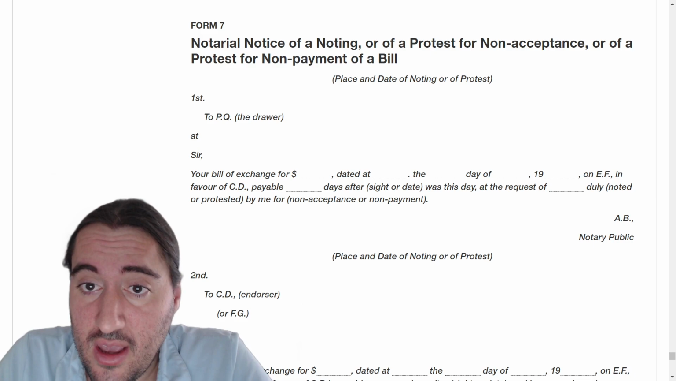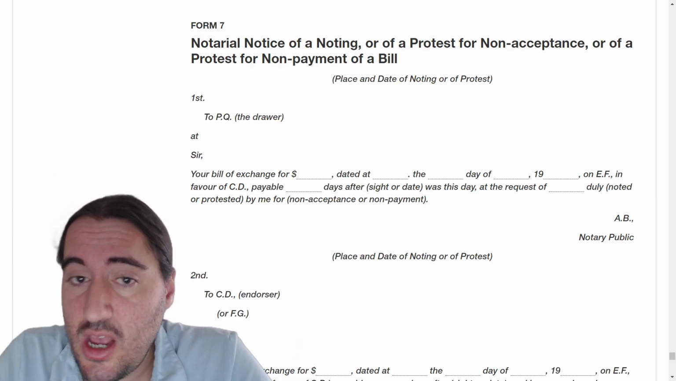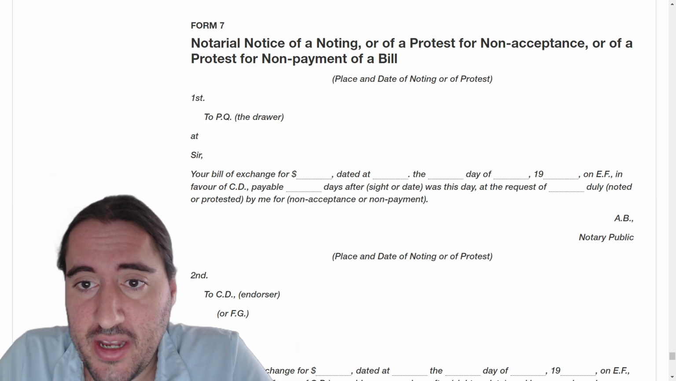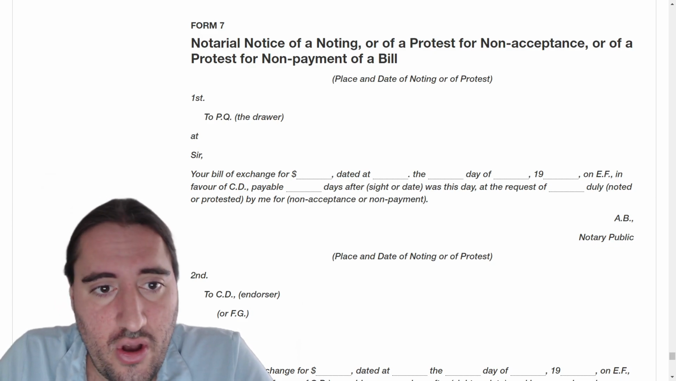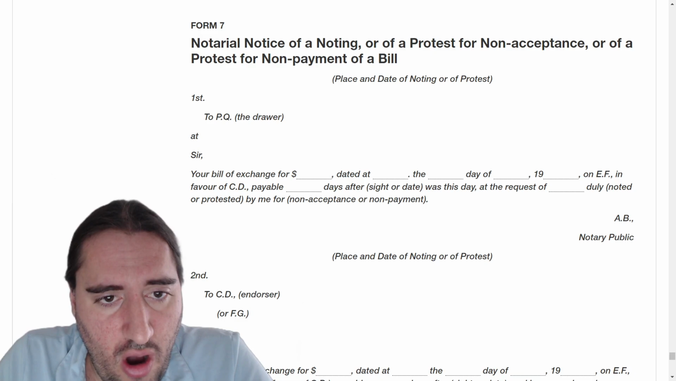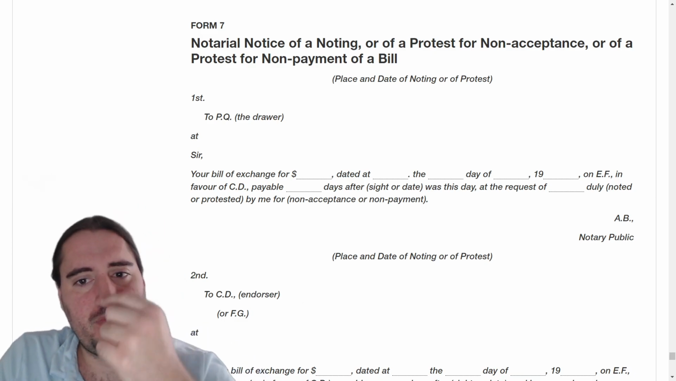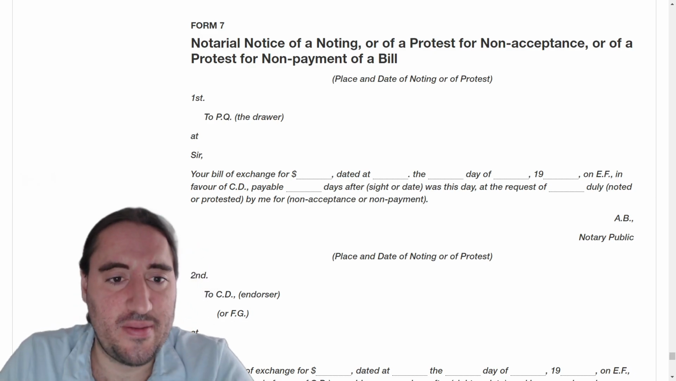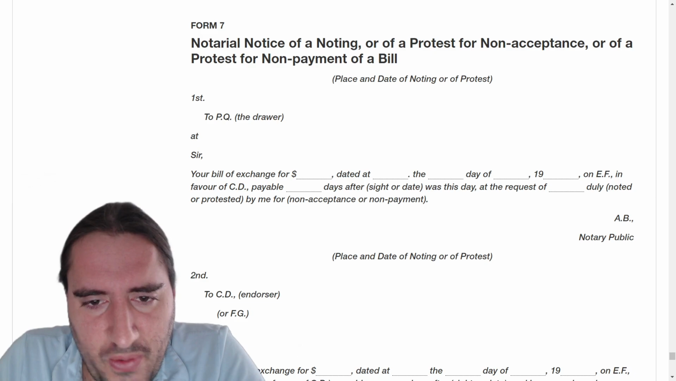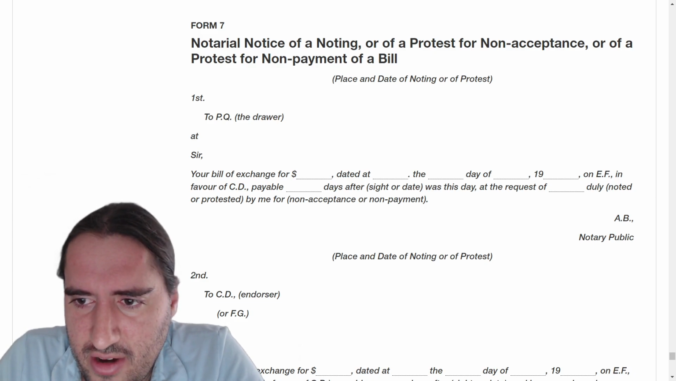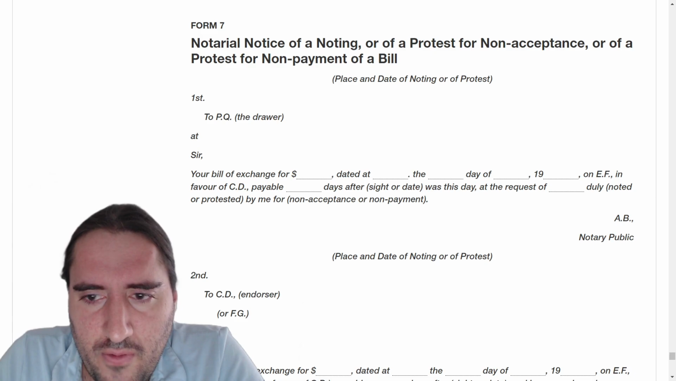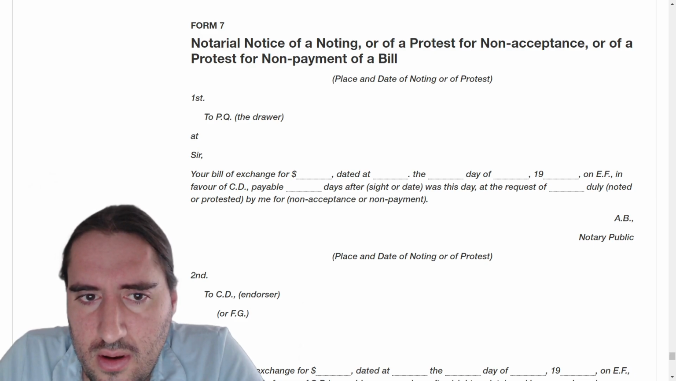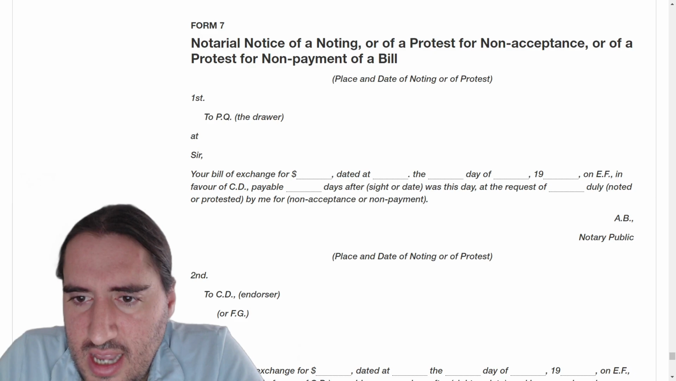Notarial notice of a noting, or of a protest for non-acceptance, or of a protest for non-payment of a bill. Place and date of noting. First, to PQ, the drawer. I like these little, not acronyms, initials, I guess. Sir, your bill of exchange for $10,000 dated at whatever day on EF in favor of, I guess that's a drawee, in favor of, payable 10 days after sight, was this day at the request of